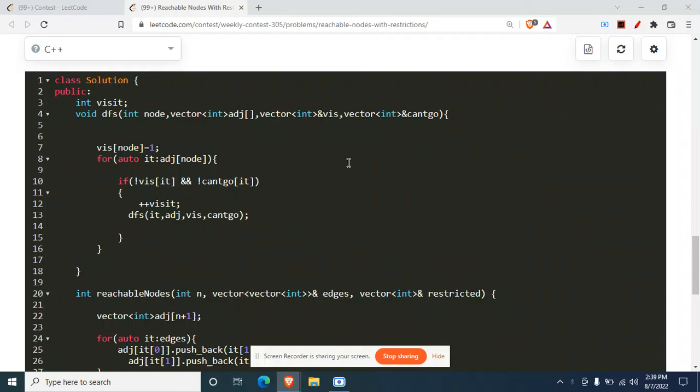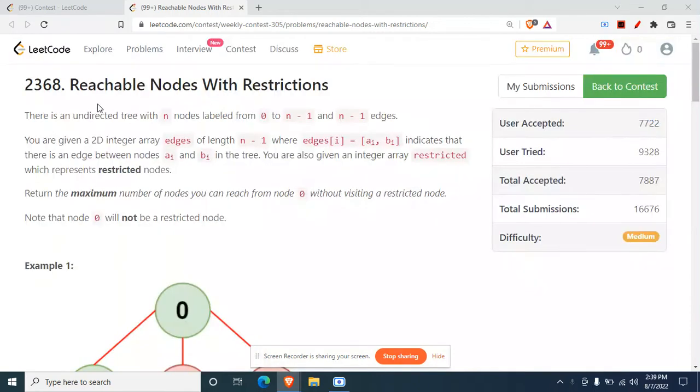Hey there, today we'll be doing this question that's 2368 reachable nodes with restrictions, which appeared in weekly contest 305. And the question statement is there is an undirected tree with n nodes labeled from 0 to n minus 1 and n minus 1 edges. You are given a 2D integer array edges of length n minus 1 where edges of i is equal to a of i, b of i indicates that there is an edge between a of i to b of i,